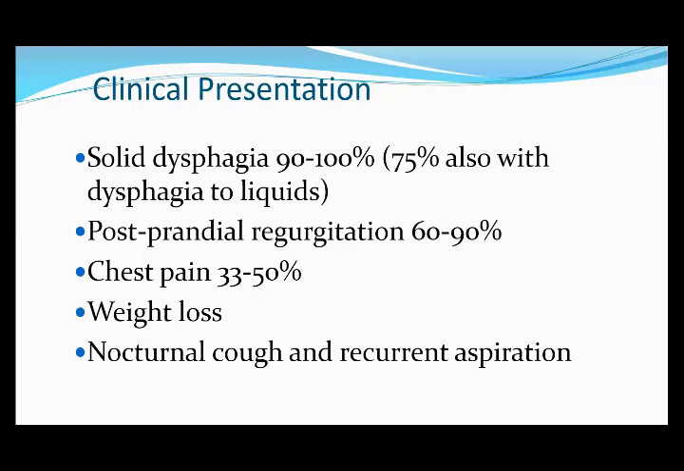That occurs in chest pain, weight loss, and recurrent aspiration because some material is retained in the dilated portion of the esophagus that moves up during sleep, which can stimulate the receptors in the larynx or the pharynx that results in cough and there is a recurrent